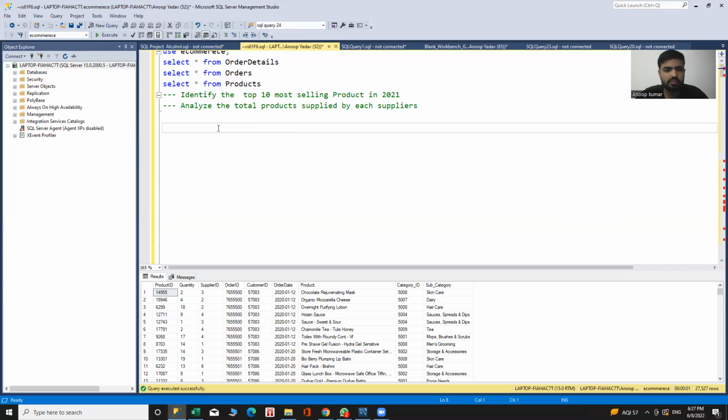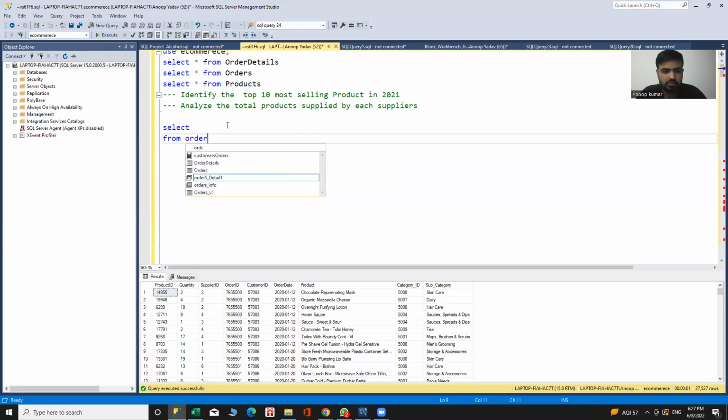The output of this query will be the top 10 most selling products of the year 2021. Let's start to solve. Select first from orders A,